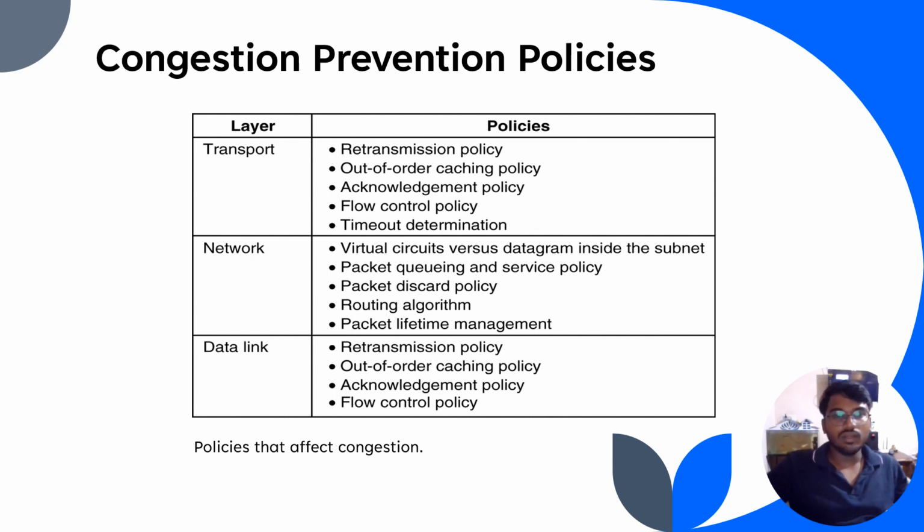In network, virtual circuits versus datagram inside the subnet, packet queueing and service policies, packet discard policies, routing algorithm, packet lifetime management. Then in data link, retransmission policies, out of order caching policies, acknowledgement policies, flow control policies. Then these are the policies that affect congestion. Moving on to the next slide,